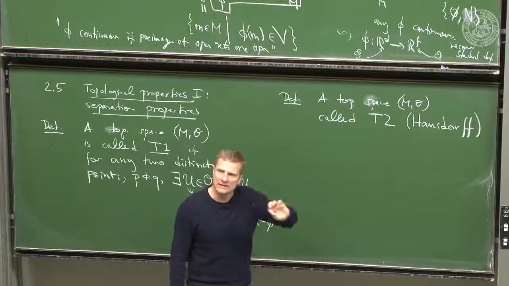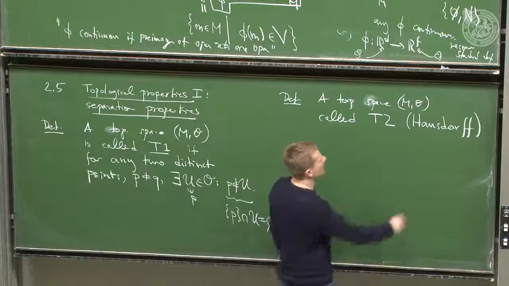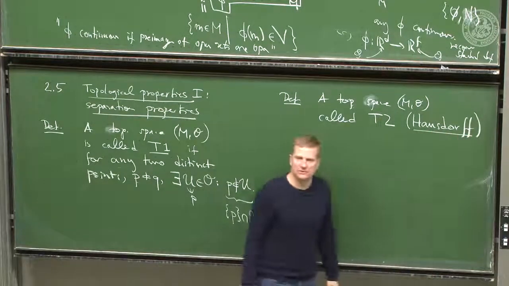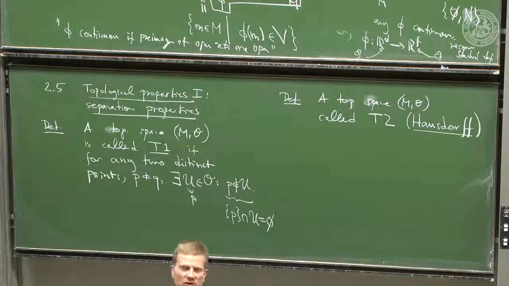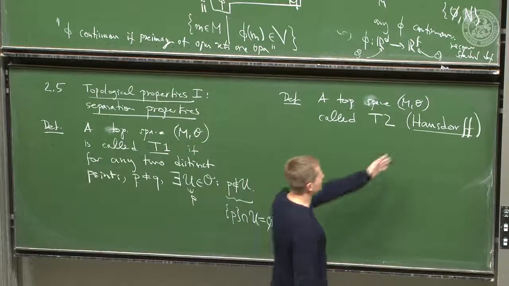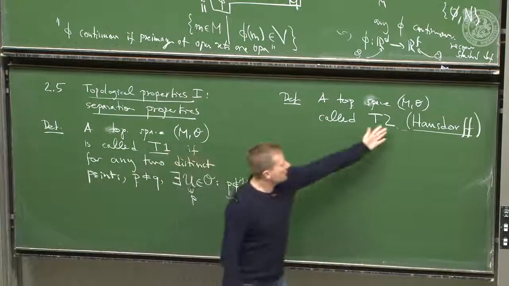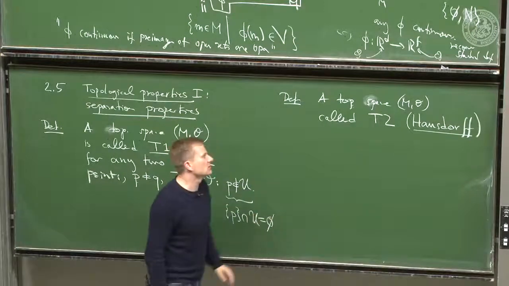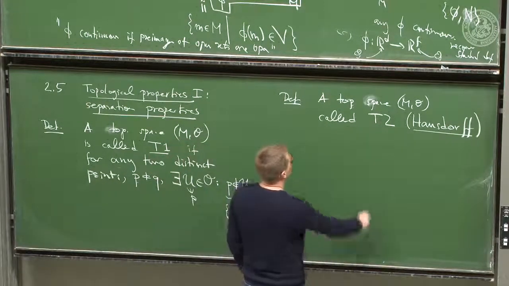But Hausdorff had one additional axiom compared to the three, and that one is called the Hausdorff axiom. Nowadays, because so many interesting topological spaces do not have that property, one removed that axiom from the general definition of topology. But because for many spaces, I mean, Hausdorff was very clever, he came up with the whole thing in this abstraction, very often you want this additional property. You call it T2 or Hausdorff